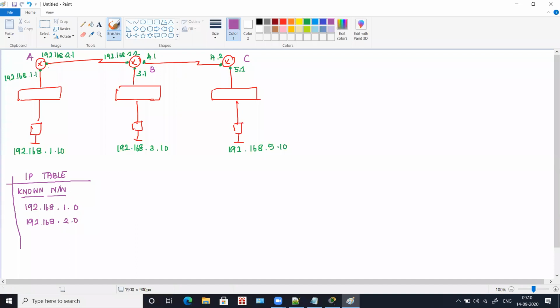Since these two interfaces are directly connected to router A, we are going to take these two interface IPs as the known networks. Since they both are directly connected, we are taking these two interfaces as our known network, and we are writing the network IDs for each and every gateway. Now let's write unknown network.